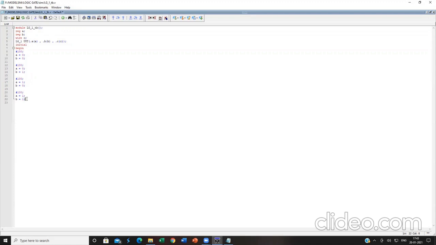Now I have to close this initial block. Since it has a begin, I first have to end this specification by giving the end keyword. Now I have to give end module.